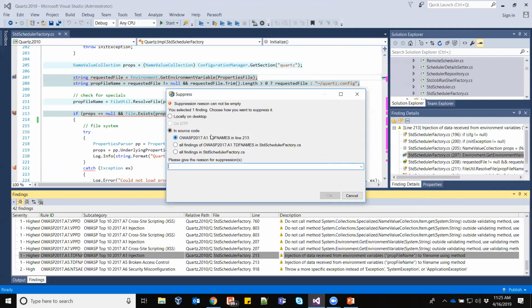And there are a number of different options available to the developer. We recommend in the source code, where the suppressions are embedded as comments. This is great because wherever the source code goes, the suppression goes with it. But for some organizations that have policies preventing them from adding comments to the code like that, like legacy code, for example, these suppressions can also be stored on DTP, where they'll be shared across the team that way.